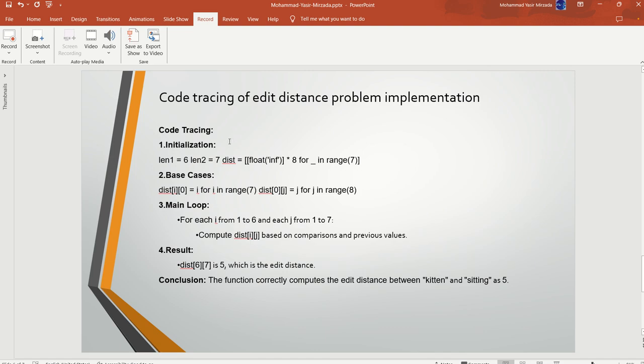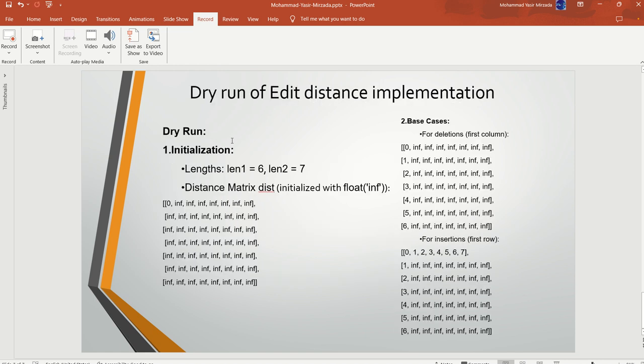So we have here the code tracing that shows the steps that we did in the last implementation in VS Code, and you can see that there are 4 steps: initialization, base cases, main loop, and the result. And there is the dry run that shows implementing each step manually by hand, and you can see here that the difference between kitten and sitting, or the edit distance between the two, is